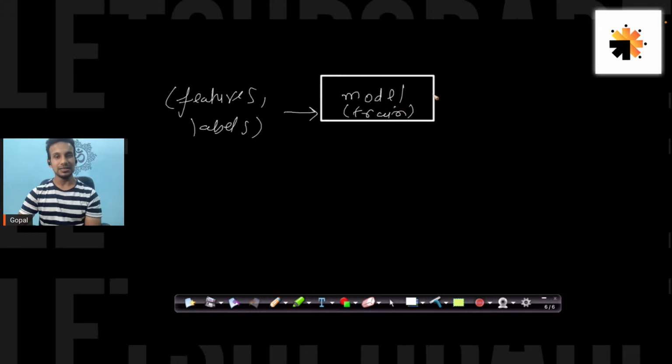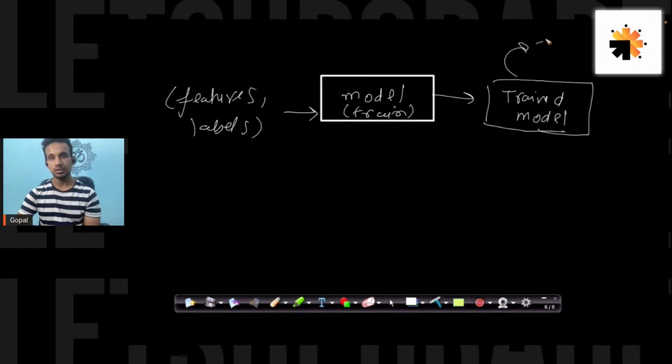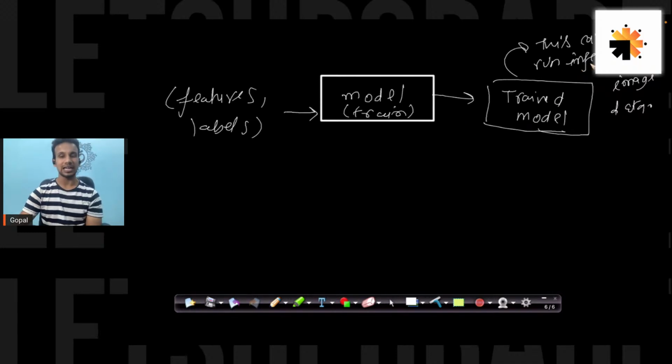This spits out a trained model, and this trained model can run inferences for image data. I will explain what exactly inference means.